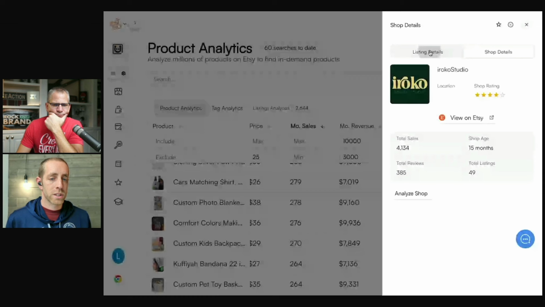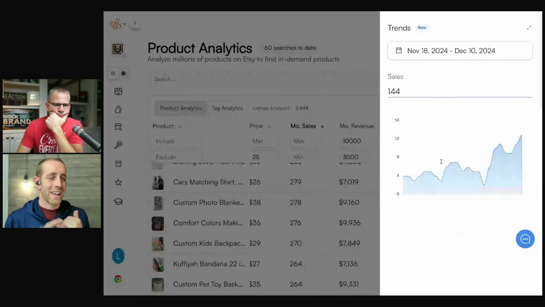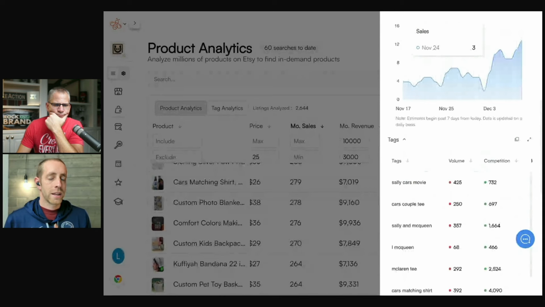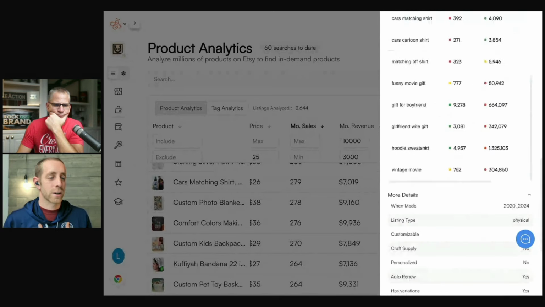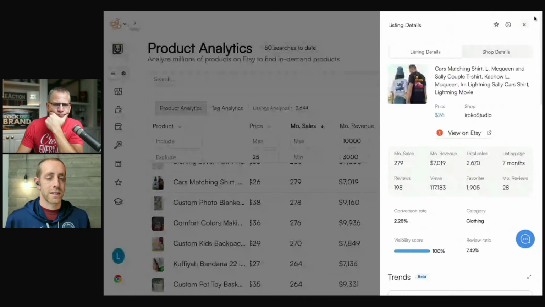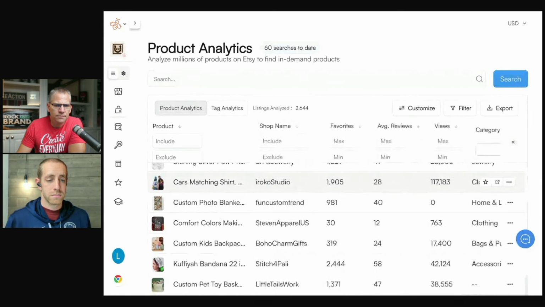And so if we start with something like, let's look at new listings that are doing well, which is what that 18-month filter does. And how do we define well? You can set whatever range you want, but we want to make at least $1,000 a month from this listing, if not a little bit more, which is how we got to that $3,000 to $10,000 range. Yes, then we're only looking at 26 listings. But when we start to expand out, then we can find either the niches that are working well,